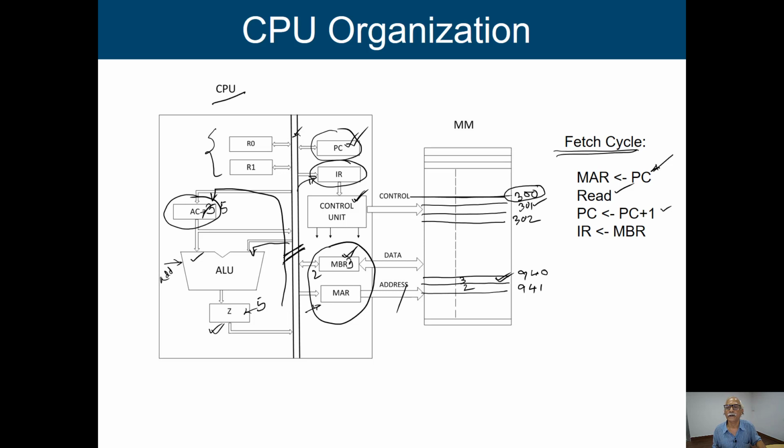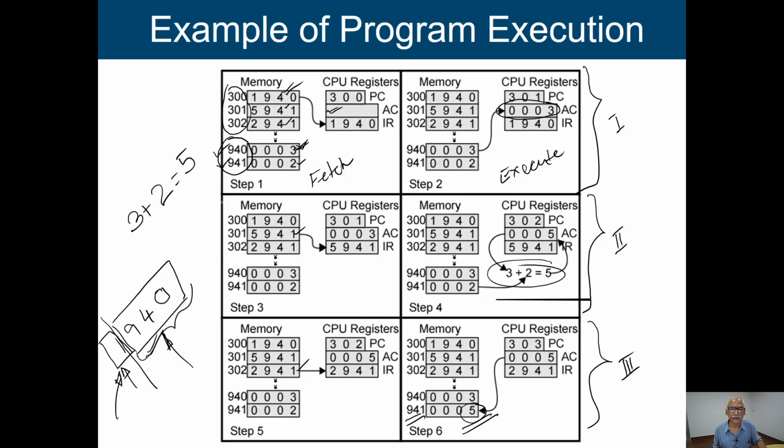Okay. Now what we are doing in the last case, you just see. After completion of these things, now the value of the program counter is 302. Now in case of 302, what we are doing, we bring it to 941. That means 2 is a kind of instruction and 941 is the memory location. And what it does, the value of the accumulator is transferred to this particular memory location 941. Okay. So this is the way that we are going to interpret it.